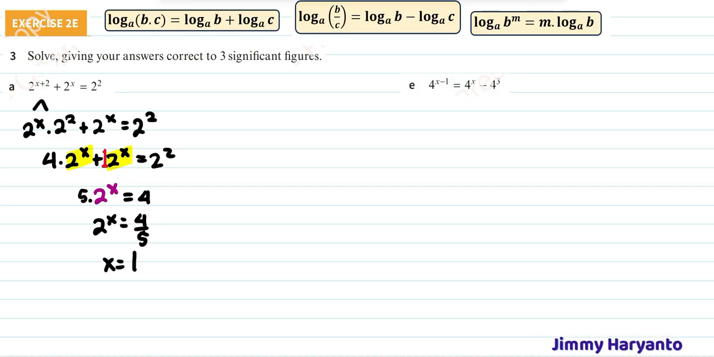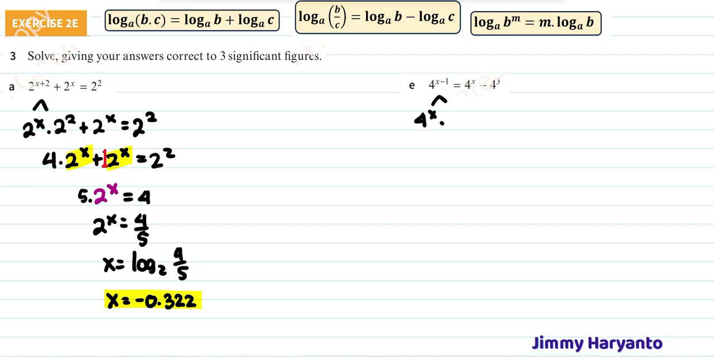X equals log 2 of 4 over 5. Yeah, you move the 2, it will become logarithm of 2. X equals negative 0.322. Next is E. For this one, I want to separate it like this: 4 to the power of x